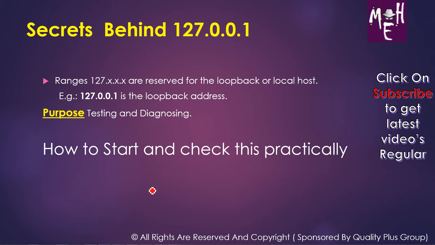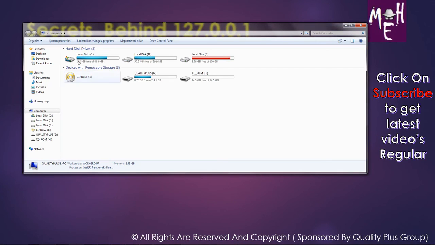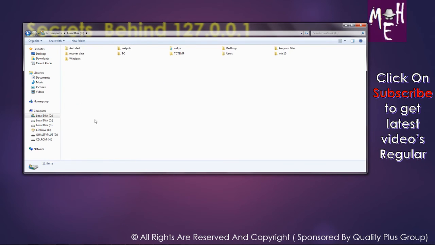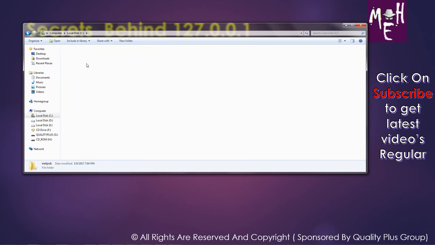For that, you have to go to My Computer, click on C drive, and fans, here you can see a different folder which was not present before. Here is an option, inetpub. Fans, this folder is created because you have activated the loopback address service.